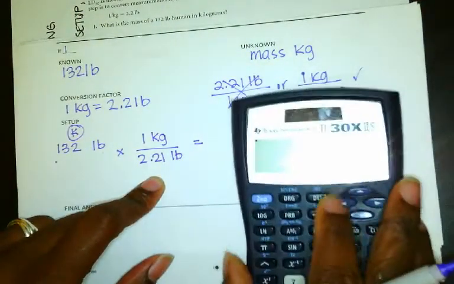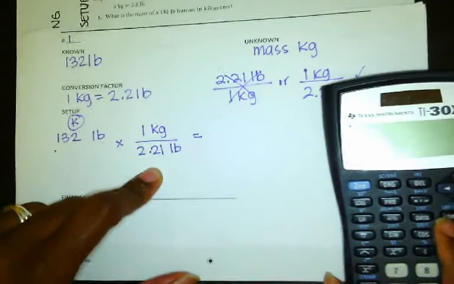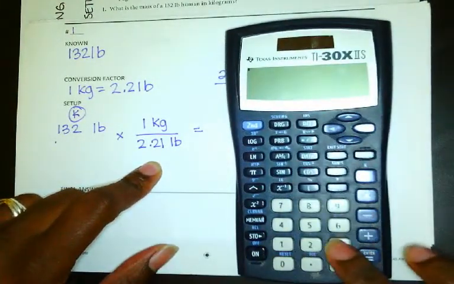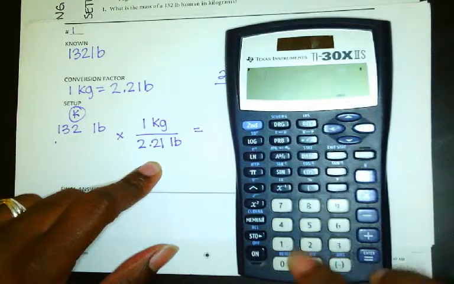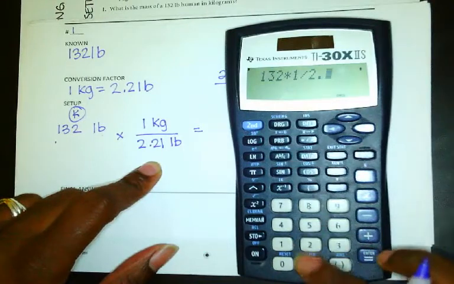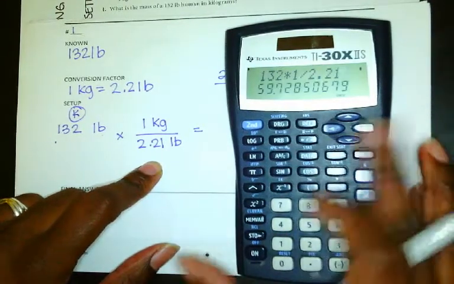So in our calculator, I'm trying to find a spot where that glare isn't so harsh. There we go. Let's turn it on first. 132 times 1 divided by whatever is on the bottom. And our answer there is